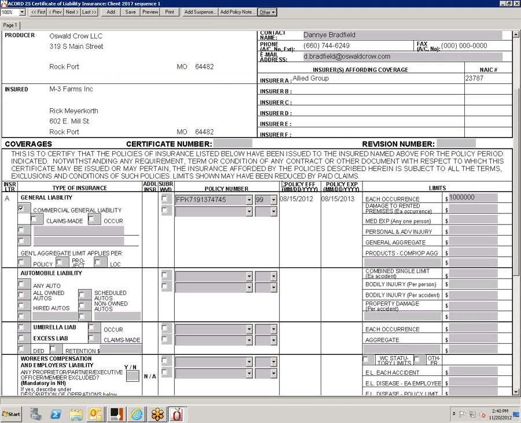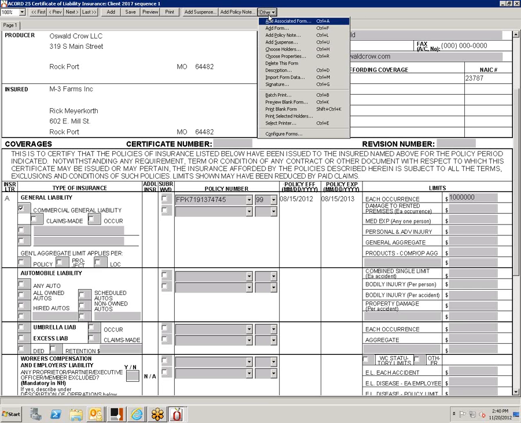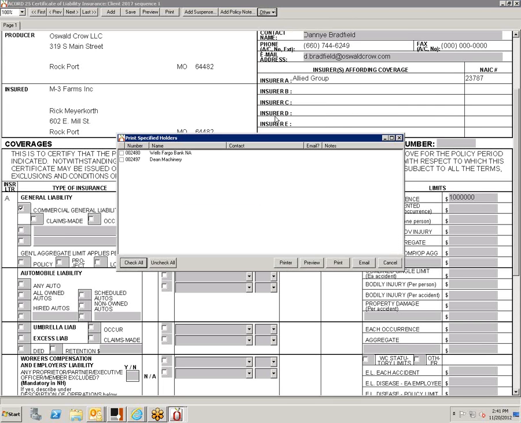Okay, so there's 2 different scenarios. Let's say that I was going to do a renewal. We would go back up to the word other. This is where you're going to hang out most of the time when you're in forms, especially certificates. You would come down here to print selected holders. The list pops up again. It says, do you want to print all of these?